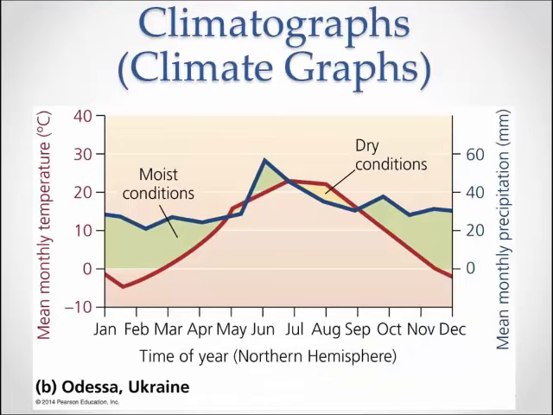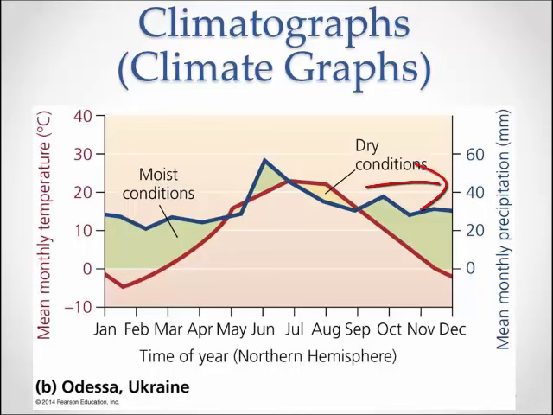Scientists use climate diagrams or climatographs to display temperature and precipitation of a biome or other geographic area. You will see examples of these diagrams for each biome you read about in Chapter 4. This slide features a climate diagram for a temperate grassland found in Ukraine. Notice there are three labeled axes. FYI, axes is the plural of axis.